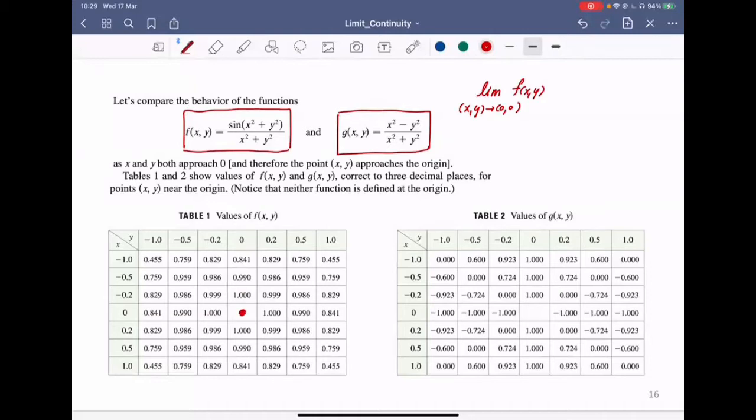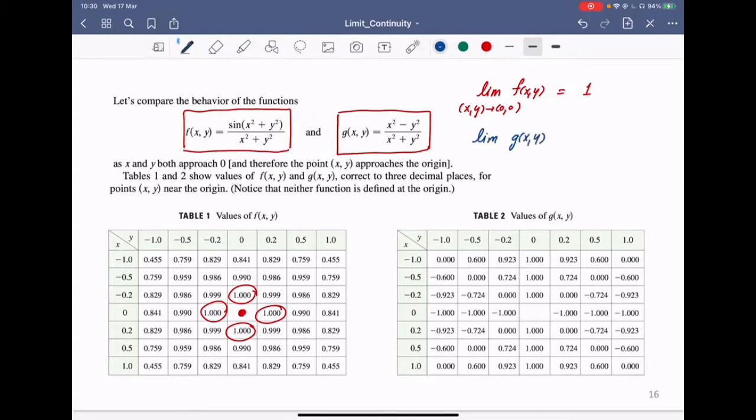When (x, y) approaches (0, 0), the value is just getting close to 1. So that means at the end, the limit of f(x, y) is going to be 1, because from any line, any approach, you're going to get 1. But if you look at the behavior of the g function,